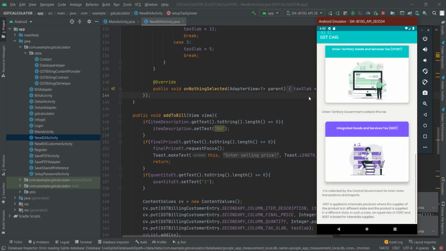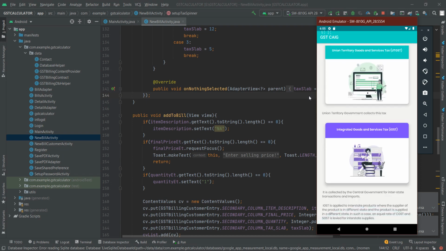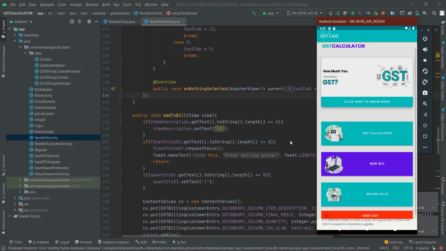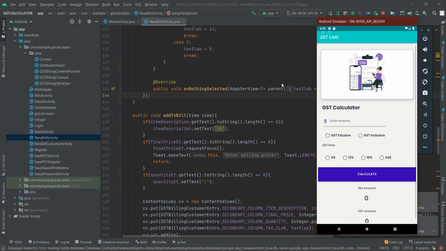This is the first function where the user can learn about GST, like general detail about what GST is, the different types of GST and why they are applied and by whom these GST are applied and collected. So the next option is the GST calculator where we can enter the amount